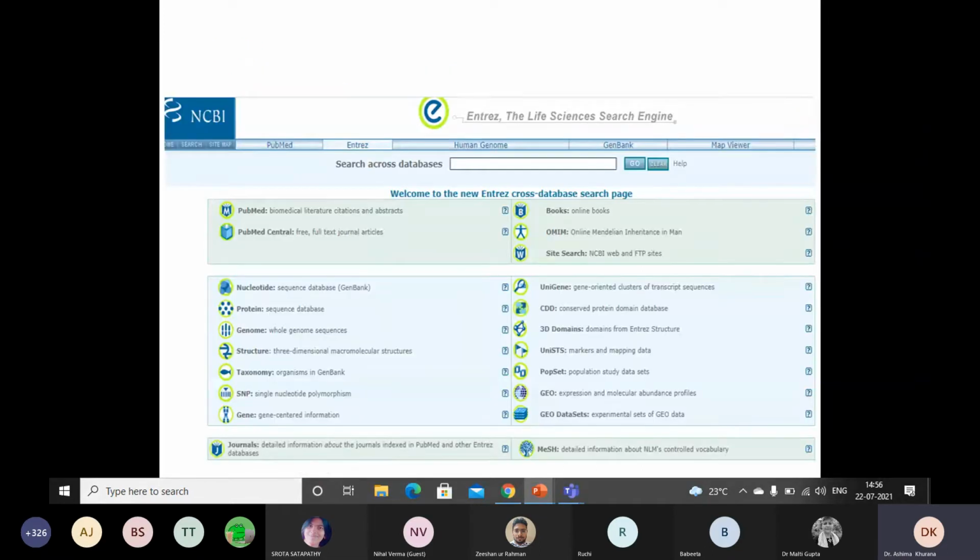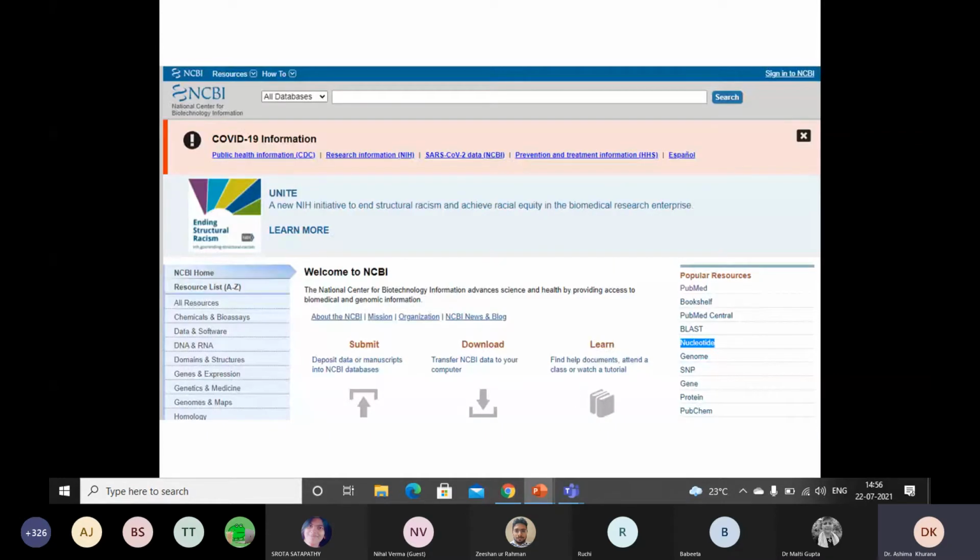This is the Entrez cross-database search page, and PubMed and PubMed Central are visible. Then on the right side, books, OMIM, site search, then nucleotide, protein, genome, structure, taxonomy, SNP, gene, and here UniGene, CDD, 3D domains, then PopSet, GEO, these are there.